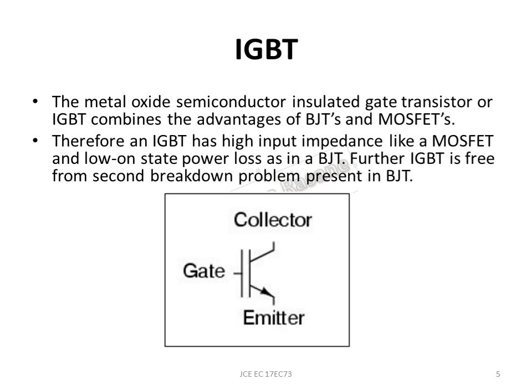Therefore, an IGBT has a high input impedance because we have got the MOSFET on the left hand side which acts like the input, and MOSFETs are known for having high input impedance and a low on-state power loss. A BJT has a low output resistance and hence the on-state power loss will be less. Further, IGBT is free from the secondary breakdown problem present in BJT. So the secondary breakdown phenomenon I described in the previous video is nothing but accumulation of heat at a local point which then spreads to other parts of the body whenever there is a heavy current flowing through the device.